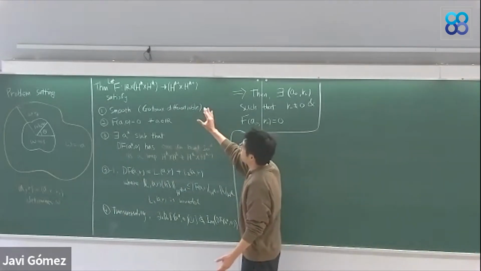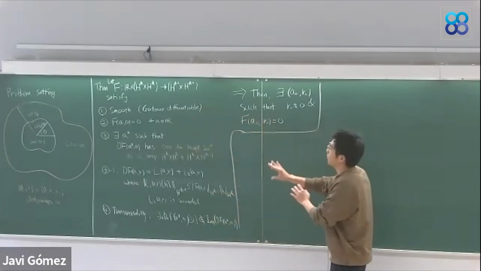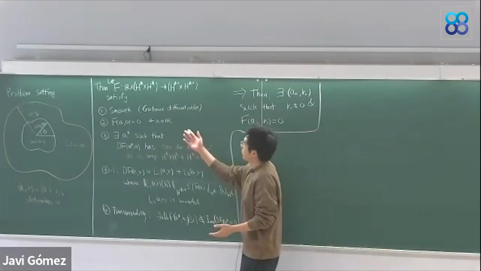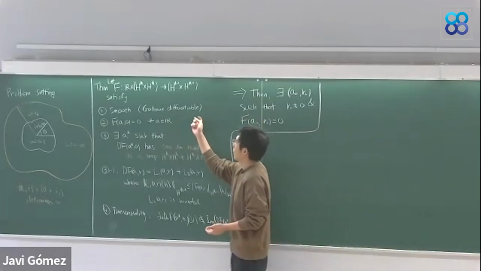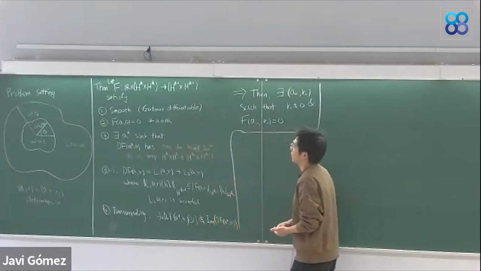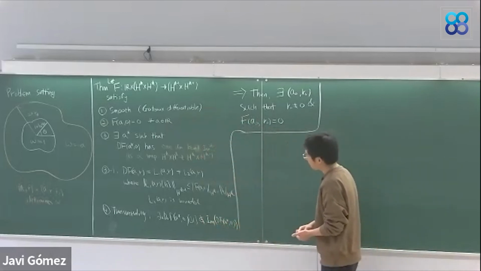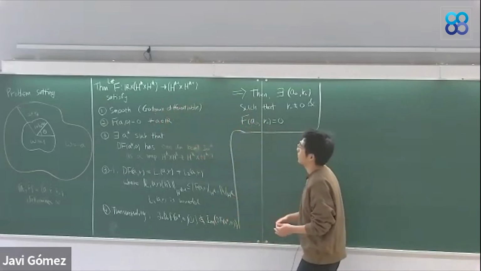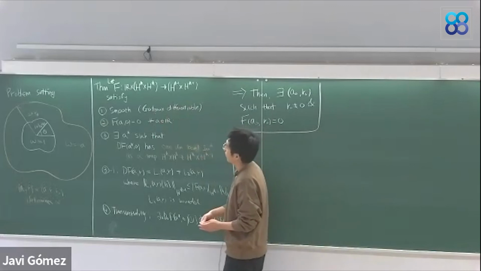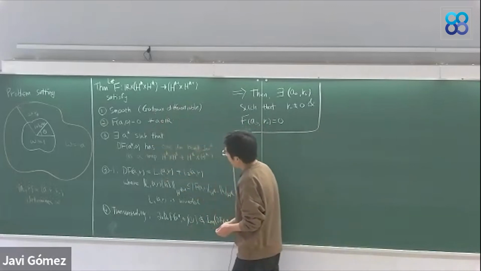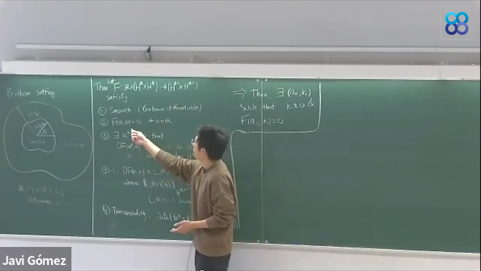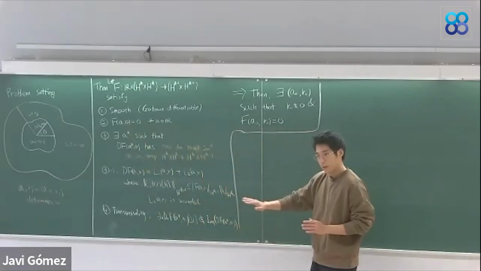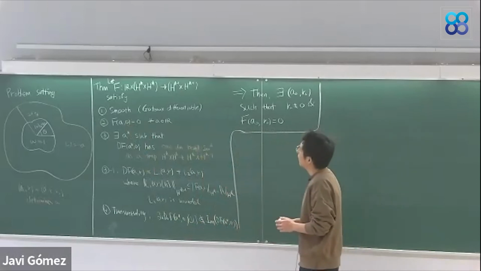First, we assume that the functional is smooth. We are not going to prove it, but let's just assume that the situation is very nice. Smooth means it's infinitely differentiable in the Gateaux derivative sense. If you're not familiar with this, then just forget about it, like just derivatives. And then we assume that if the functional argument is 0, then F is 0. So we have a trivial solution, let's say.